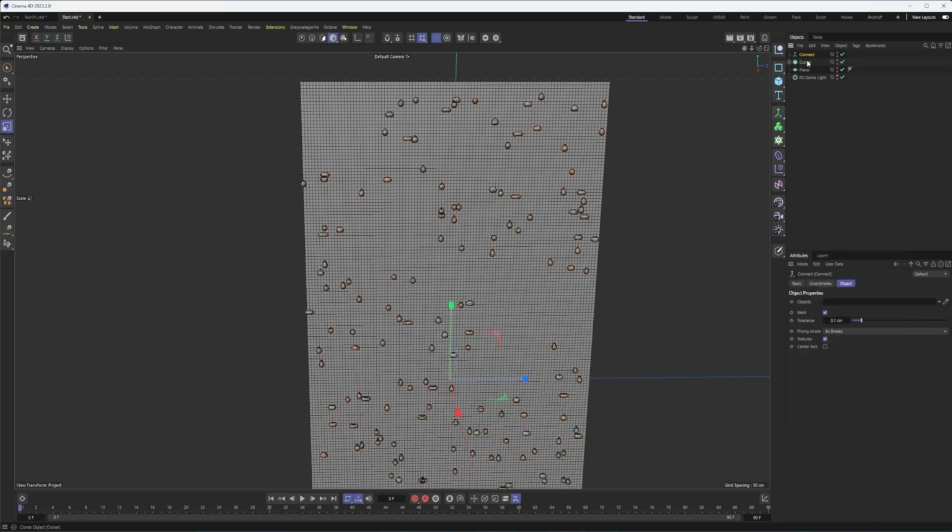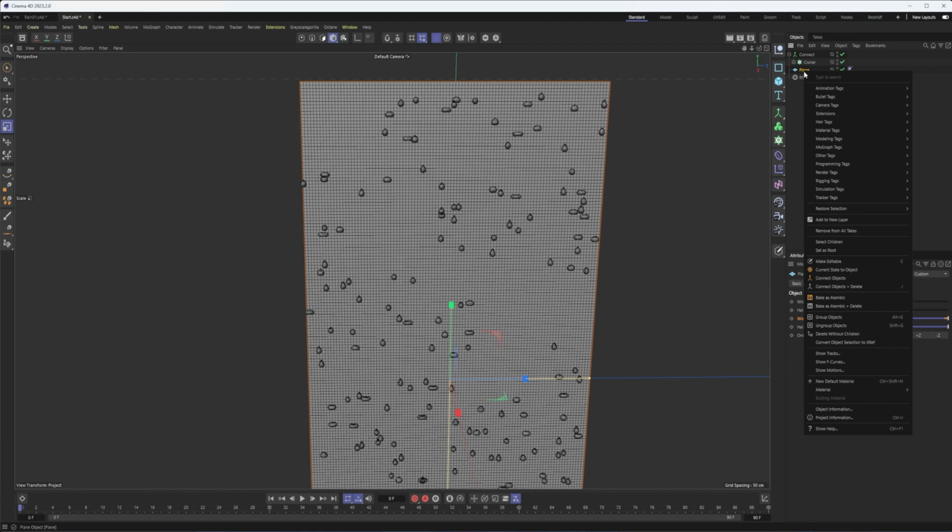I created a connect object. I'll place my cloner inside. And the connect just collapses this down so that Cinema 4D sees it more as a regular object instead of a MoGraph object in this case. Used in a lot of cases, really when something isn't working like you expect. When in doubt, drop it into a connect and see if that fixes it. So on our plane, I'm going to go to other tags and choose vertex map.